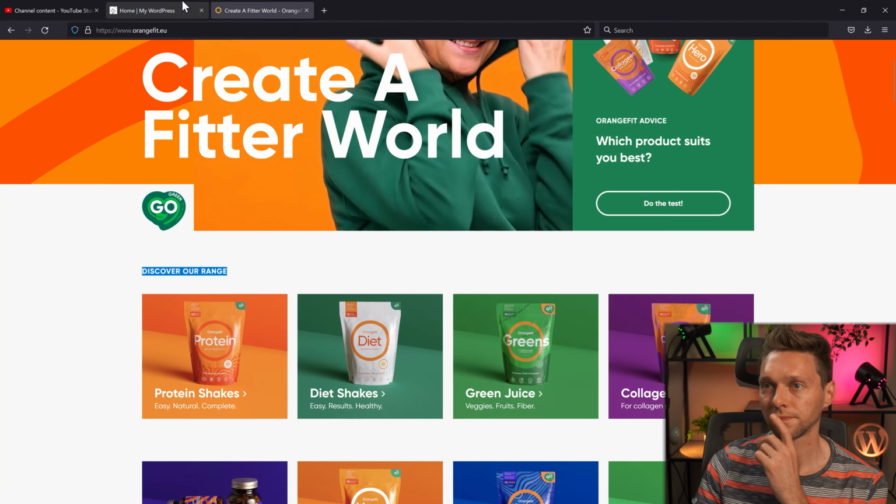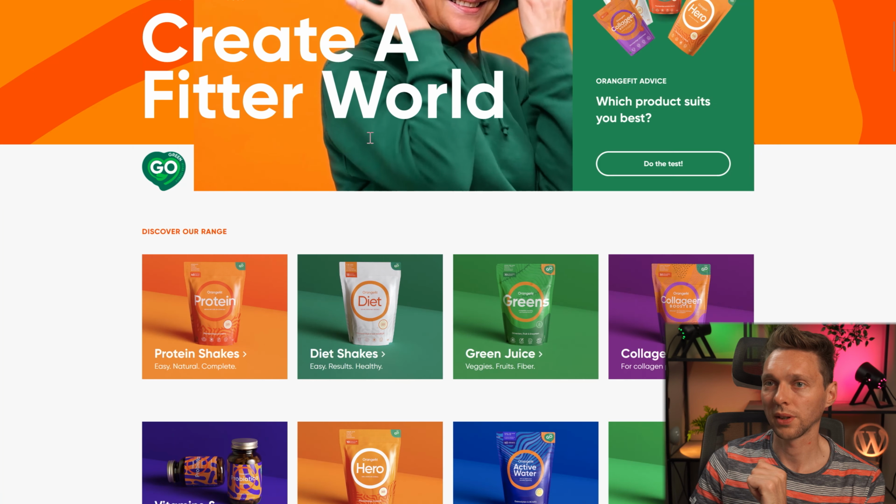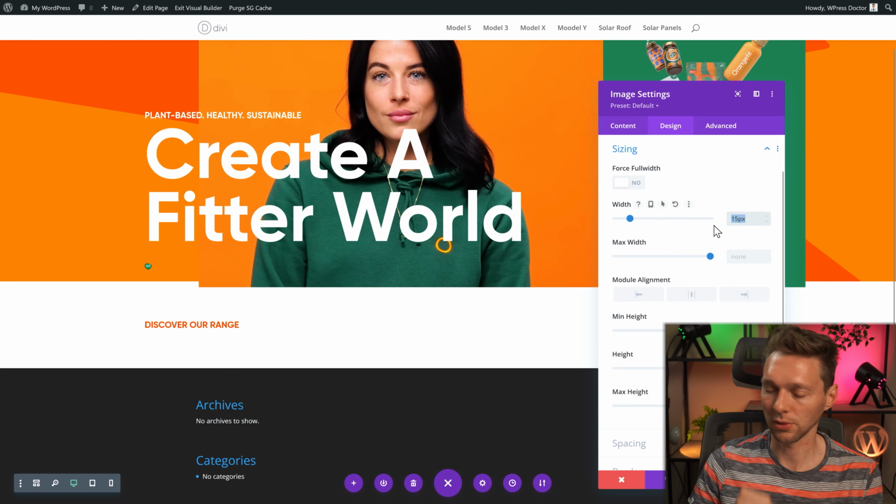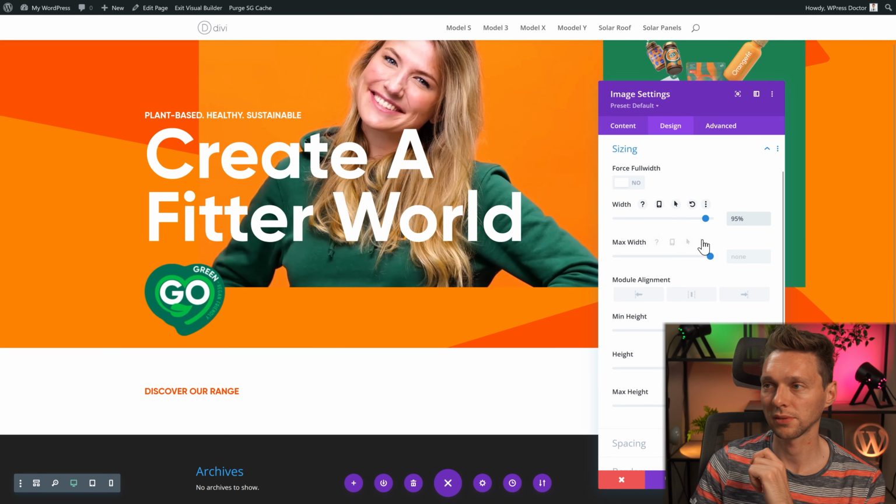We can easily just add an image over there, image, upload it. And then we go to design, sizing. We're just going to make it a little bit smaller. Now I actually want to know how big this is. We go to layout and we see that this thing is only 95 pixels width. So we're going to change the width to 95 pixels. No, not percent, but pixels. Yes, excellent.